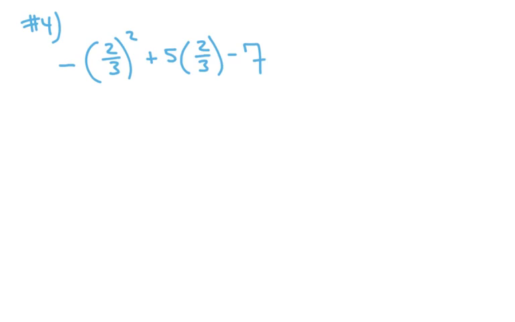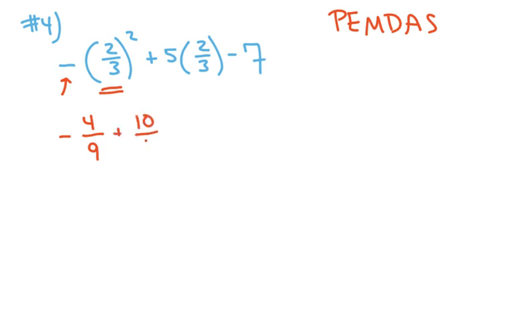All right, for the next one, which I called number 4, we are asked to simplify this expression. So we have to be sure we use order of operations. That means I'm going to square this and then multiply it by negative 1. So that will be 4/9, but it's negative, plus 10/3 minus 7. So now I need a common denominator, which is going to be 9. So negative 4/9 plus 30/9